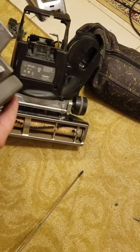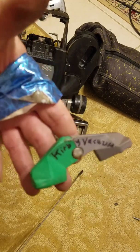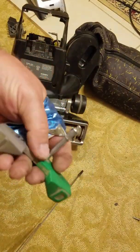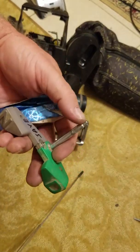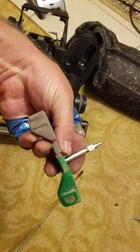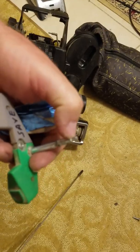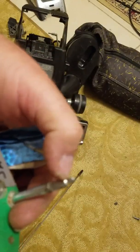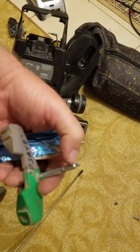Just so you know, this video is for those who want to learn how to replace this lever here, the drive neutral lever for the automatic transmission. So many times they just walk out and drop on the ground. I've heard a lot of people say that, so Kirby needs to address it, like putting a little keeper, a C clamp or something like that, a C clip, or even just a cutout with a little piece of wire